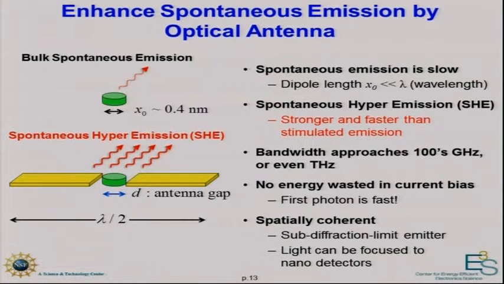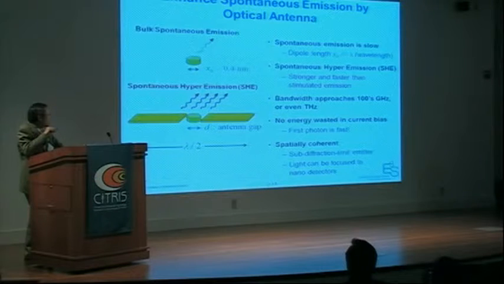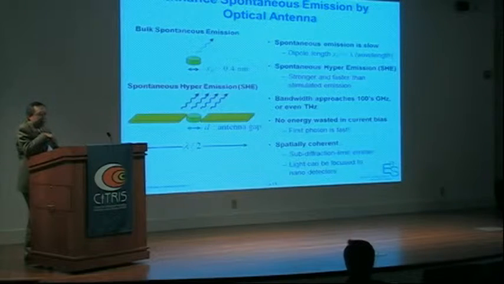Essentially, we don't need to bias the device at all. We can save a lot of standby power. And this emitter, even though it is an incoherent light source intrinsically, the emission pattern is controlled by this optical antenna, and it is actually spatially coherent. We can focus it back down to a very small detector, as I mentioned, which is important to reduce the